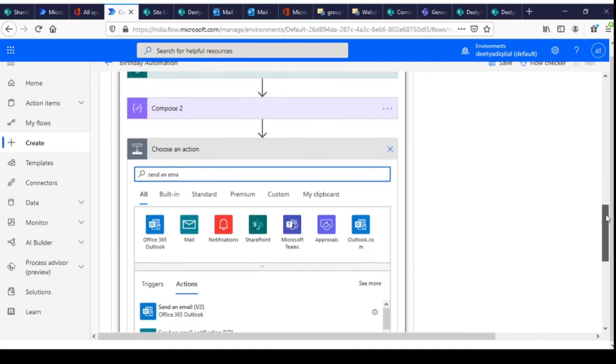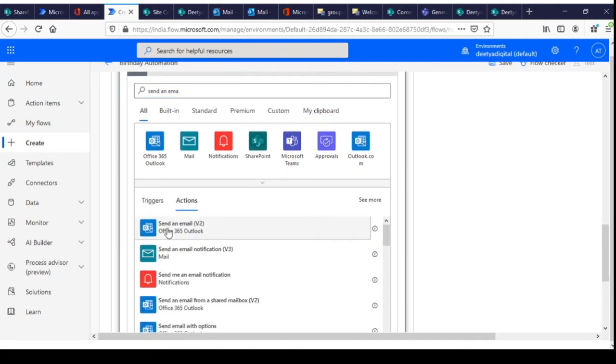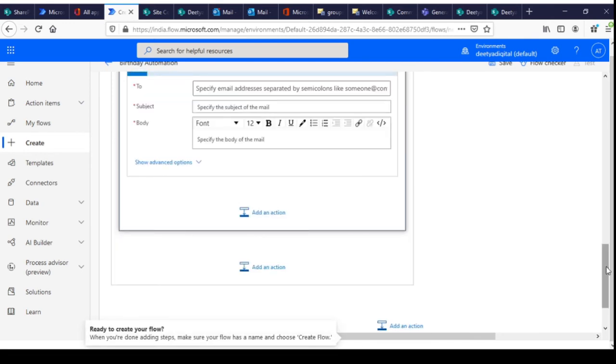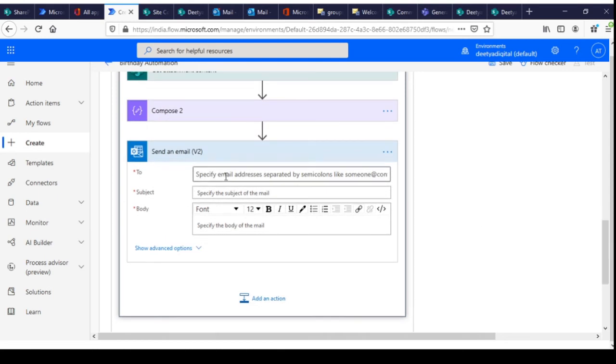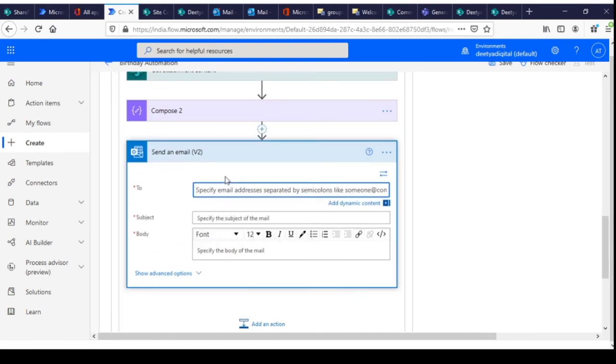I'm sending two emails here, so I'm adding two actions. One, if you want to send an email from any individual ID, from one person to another person, then you can use send an email v2.